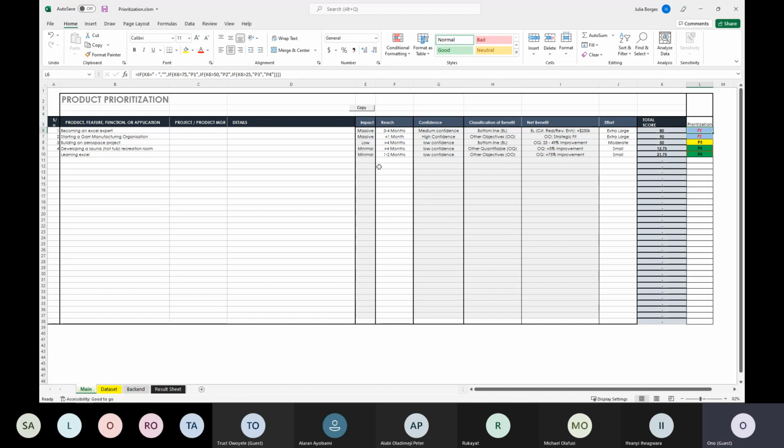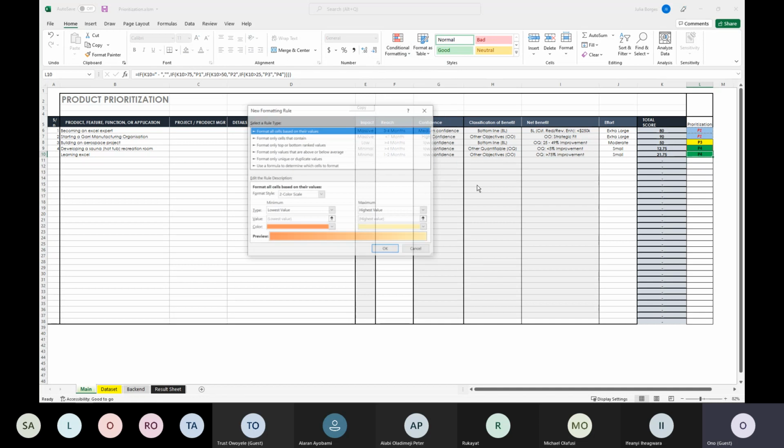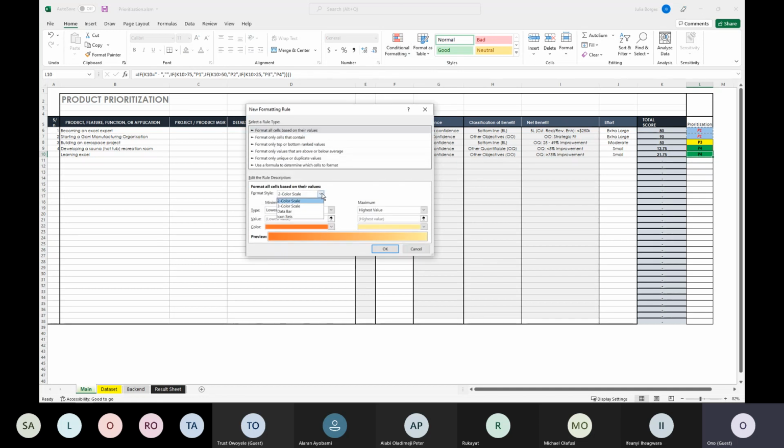If you wanted to create a different border, you can always come down here, new rule, and then you go ahead and define how you want your items to look.